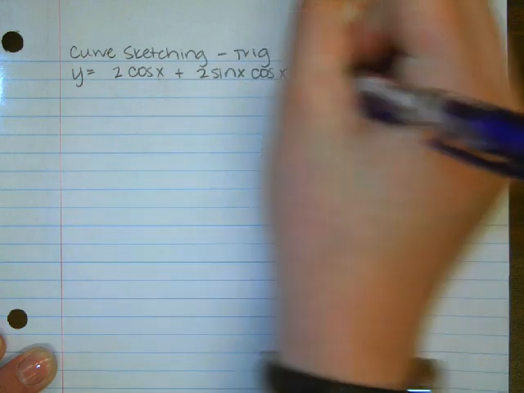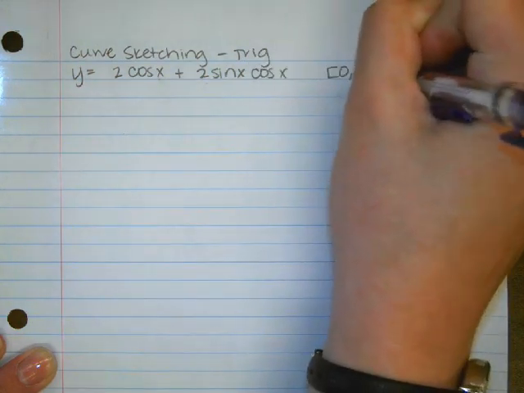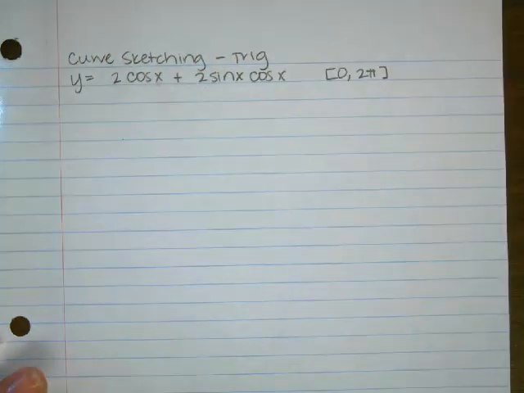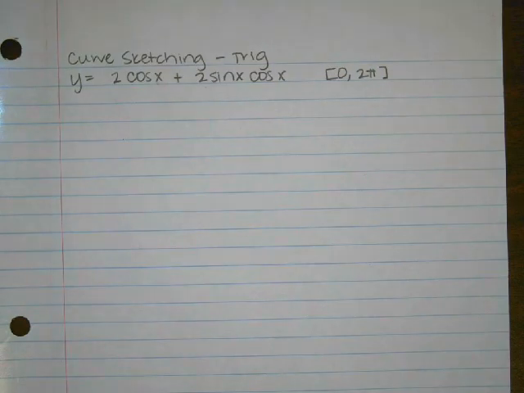cos x. And we're only going to sketch the curve from 0 to 2 pi. So anytime you're doing a trig graph, you should look for that interval. I'd say 0 to 2 pi is pretty typical, but usually they're going to cut it off somewhere because these graphs go up and down forever, and that's a lot of maxes and mins and increasing and decreasing intervals to find. All right, so we're going to go ahead and find any x-intercepts or y-intercepts or asymptotes, anything like that,